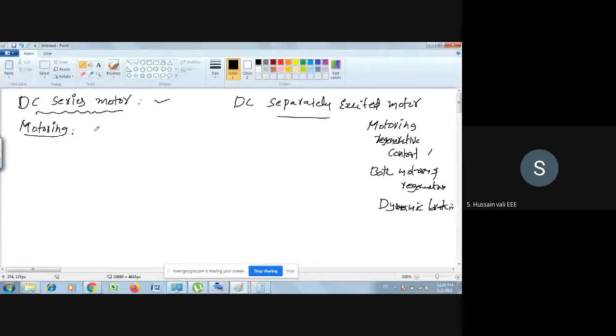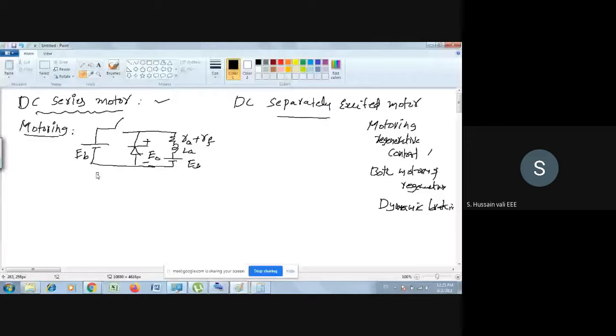So you recall that this is EB. For the motoring, we draw the circuit diagram. The chopper circuit diagram does not change. Only the motor will change. Now, how is it different from the previous case? This is RA plus RS, because in a series motor you have both the armature and the series field, with plus and minus terminals. And this is EB.